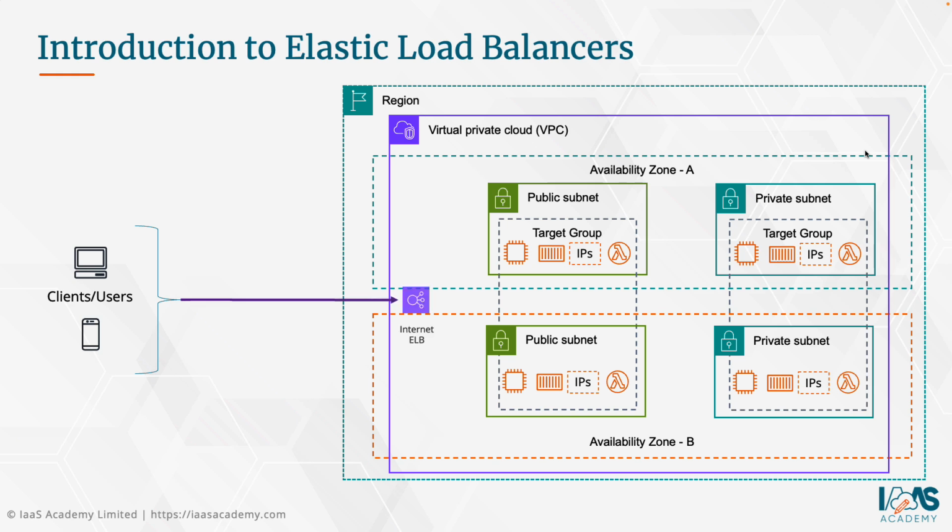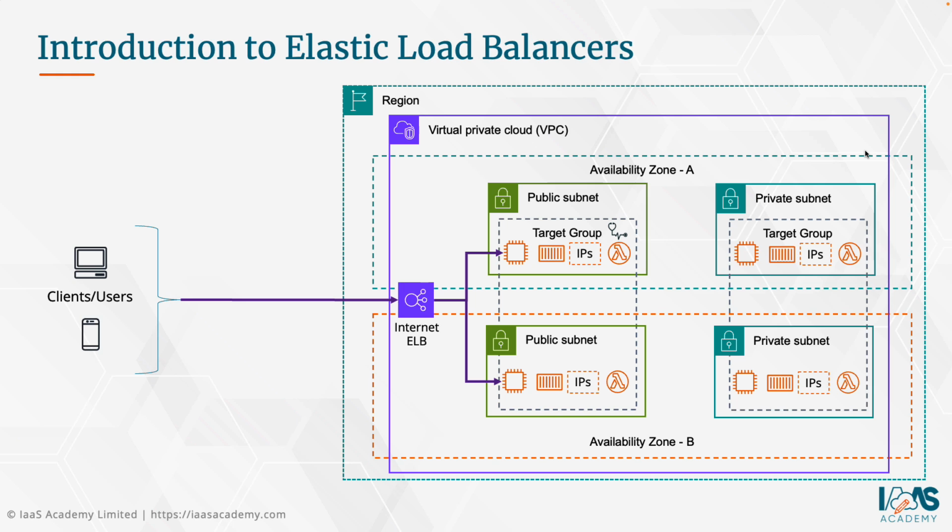When you configure your Elastic Load Balancer, you will associate it with a particular target group, and your target group will run health checks against those targets, identifying which resources are providing a healthy response. Your load balancer will then distribute traffic only to those instances or those resources that are responding in a healthy